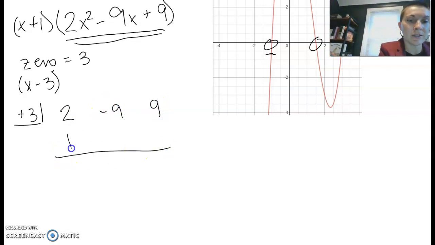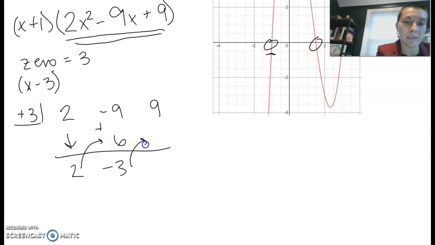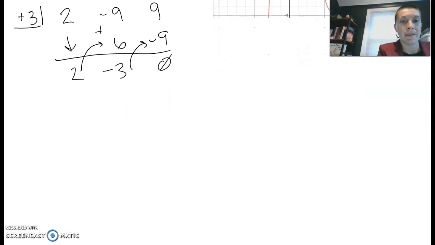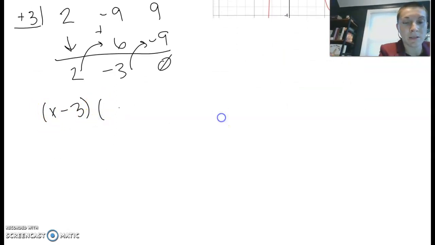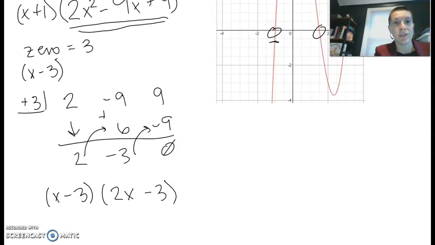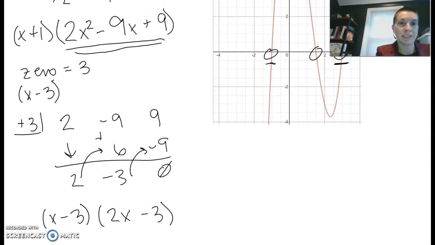Once again, pull down your 2 to get started. 3 times 2 is 6. Put that here. Negative 9 plus 6 is negative 3. 3 times negative 3 is negative 9. Put that here. We cancel out here. We're left with x minus 3 times 2x minus 3. Once again, we might want to check to make sure that that does in fact equal 2x squared